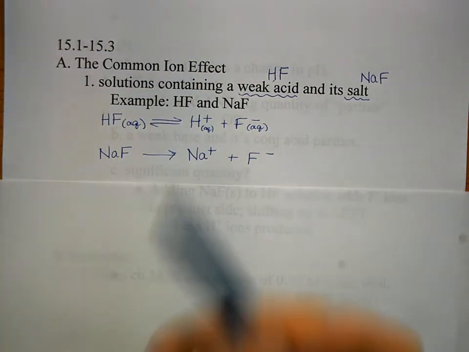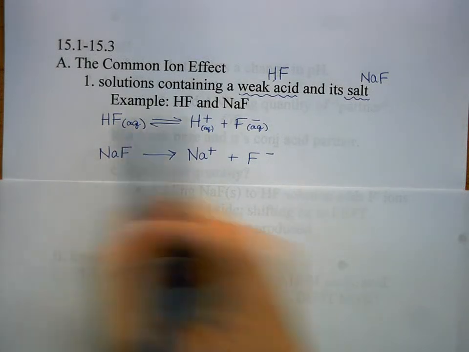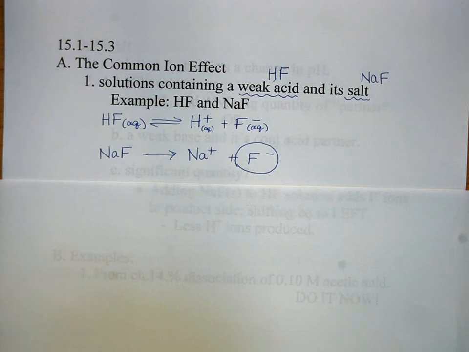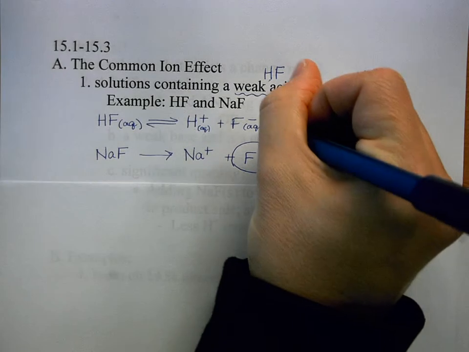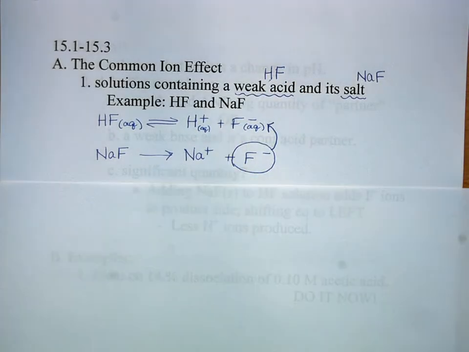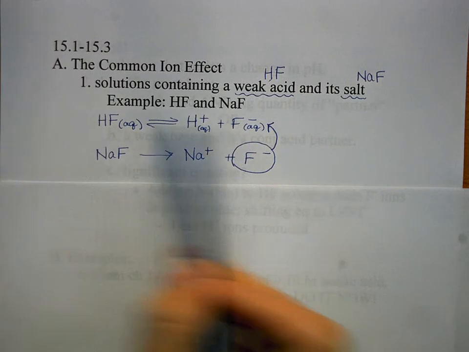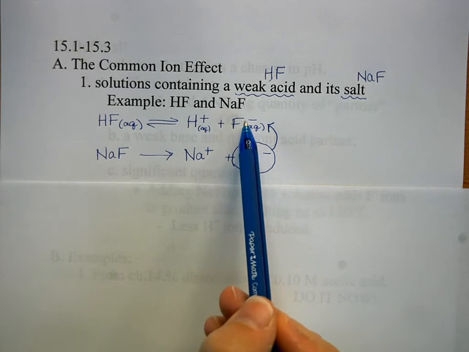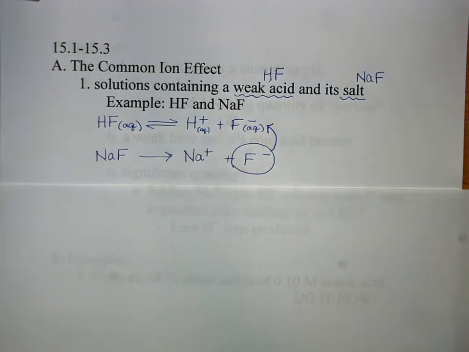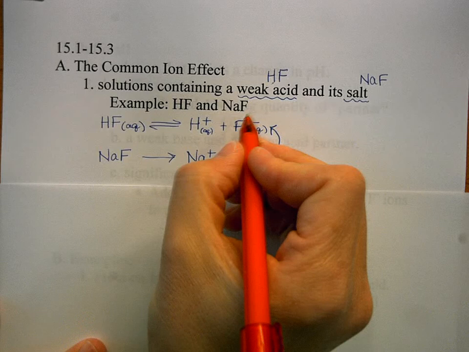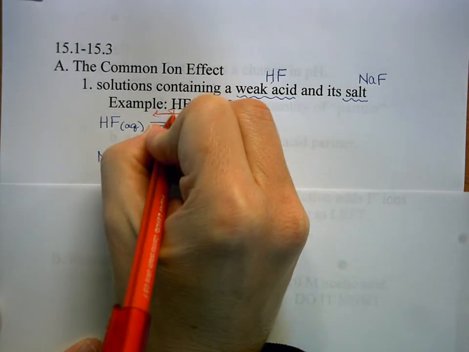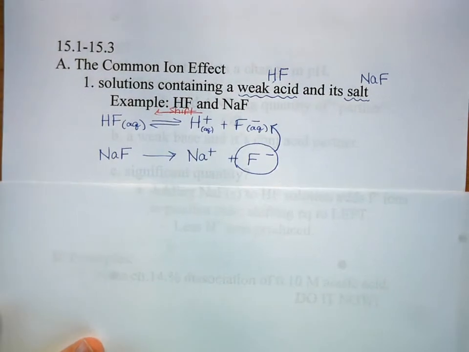What's going to happen here is when I take this sodium fluoride and add it into a solution of hydrofluoric acid, I'm adding fluoride ions. And so when I do that, it actually gets added to the product side of this reaction, or this dissociation of the weak acid, hydrofluoric acid. When I add more fluoride ions, it's going to shift this equilibrium to the left,